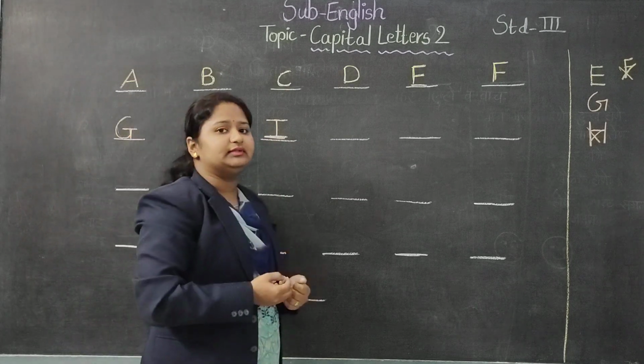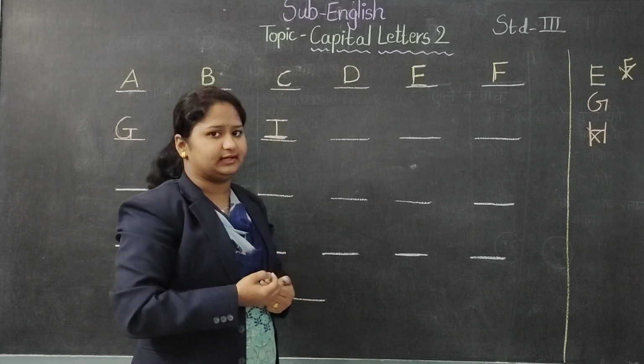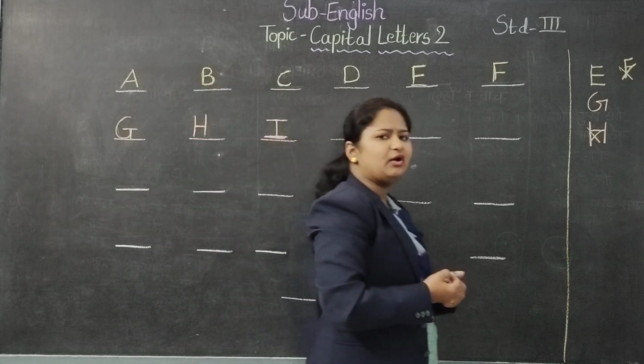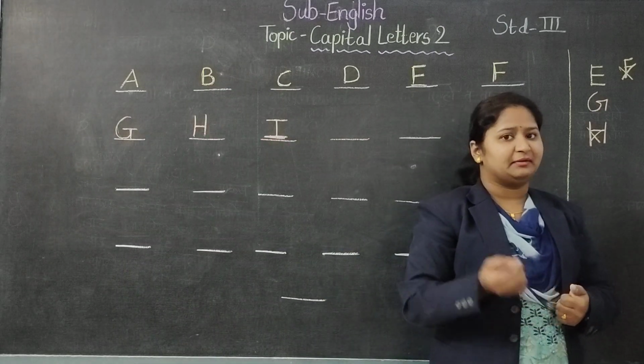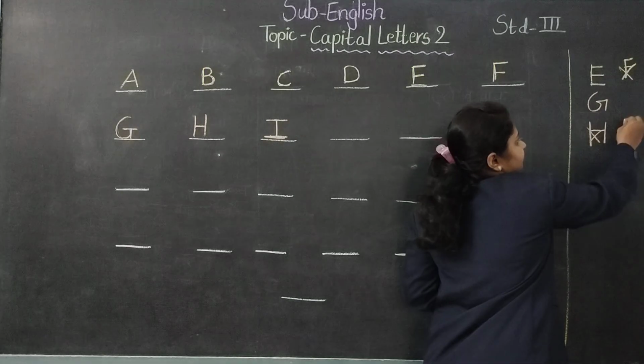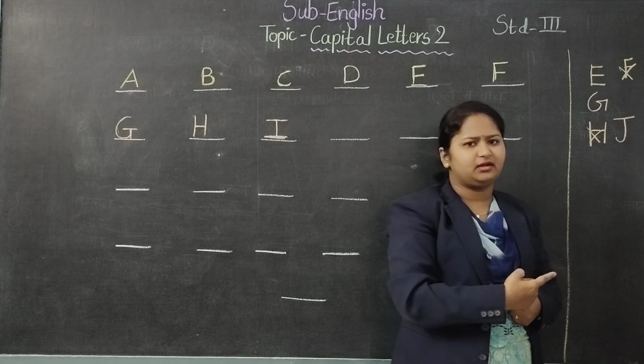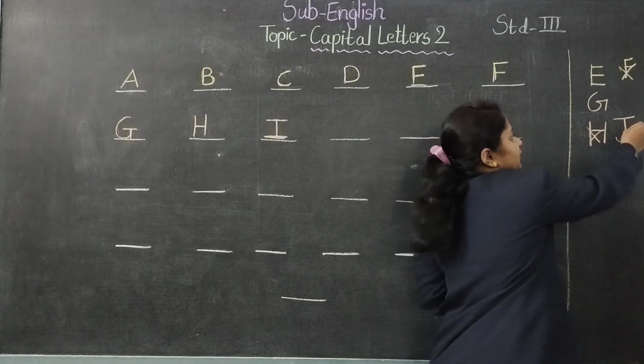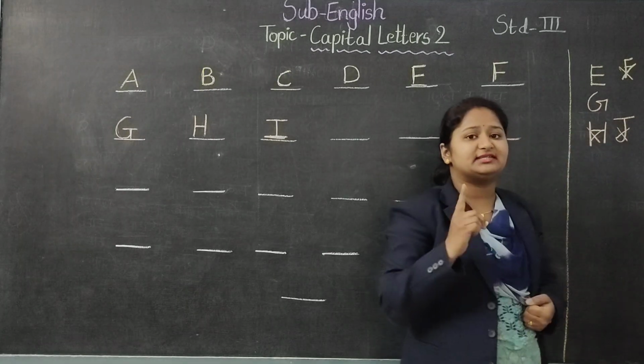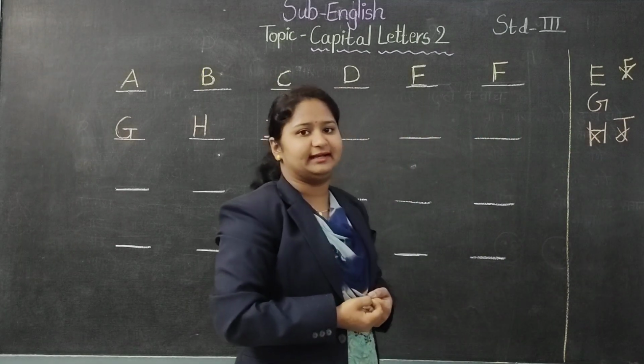Now we will do letter J. We will see how to write letter J. Now, how is your pattern of writing J? Must be like this. First we will do this and then the sleeping line. Is it a correct way? No, this is the wrong method. Now we will see the right method. How to write letter J?